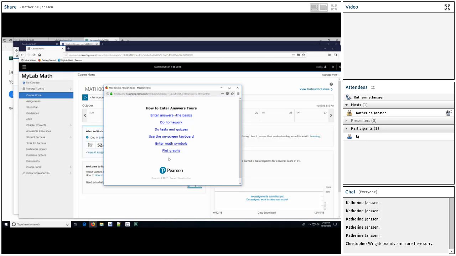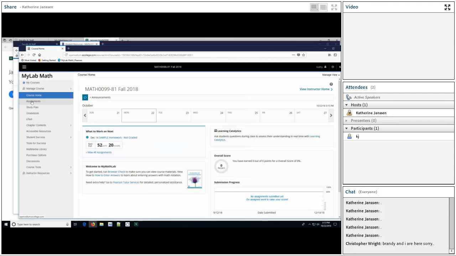After all, there's a robot out there grading your homework. So you need to know how to enter, like the square root symbol or absolute value bars. How are we going to enter at our keyboard into MyMathLab so that our answers are graded correctly? Or maybe exponents. How do I enter exponents? So that's where how to enter answers, tours, that's where you're going to find that information. So we've got time to work on those things now.